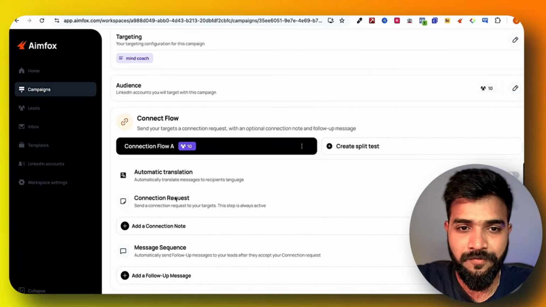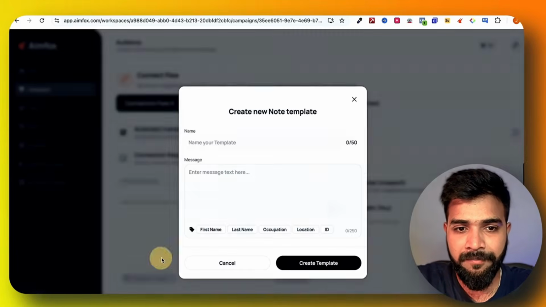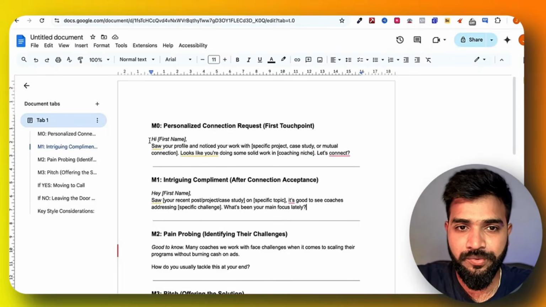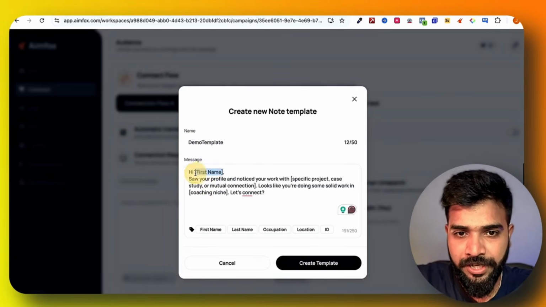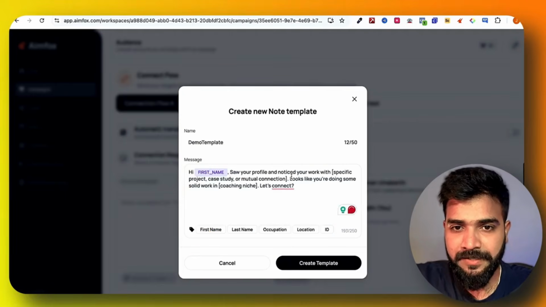It starts with connection flow A, and we'll add a connection note. We'll create a new template called demo template. Here we can pretty much use this. Copy and just change first name to first name. Saw your profile and noticed your work with any specific project.